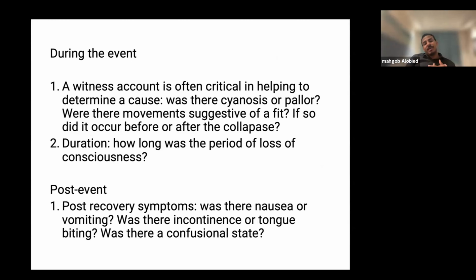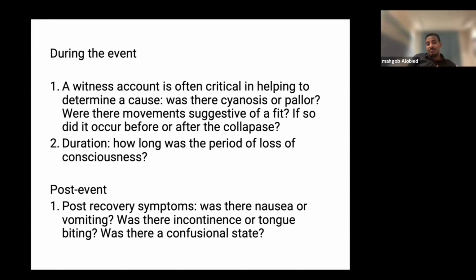Going further by asking the history, you will come to the during-the-event part. During the event, you're not going to ask the patient because he's unconscious at that time. Rather, you will ask the witnesses what they saw. You will ask, was it witnessed by anyone or not? If he said yes, what did they tell you exactly happened? So you will ask about